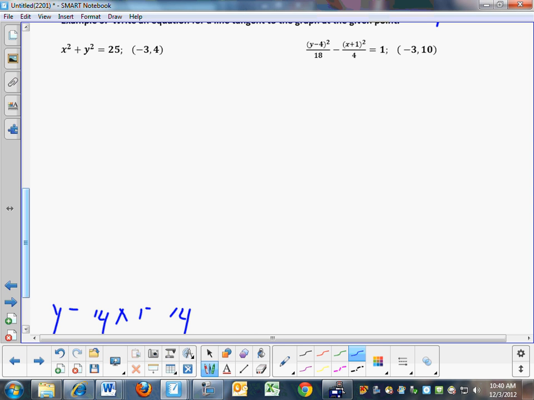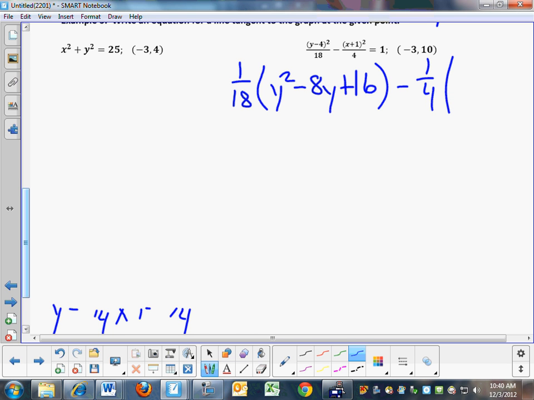If you don't want to use the chain rule, just square it all out. No big deal. Okay? So I have 1 over 18 times, what is y minus 4 quantity squared? Because I'm dividing by 18. Minus 1 over 4 times